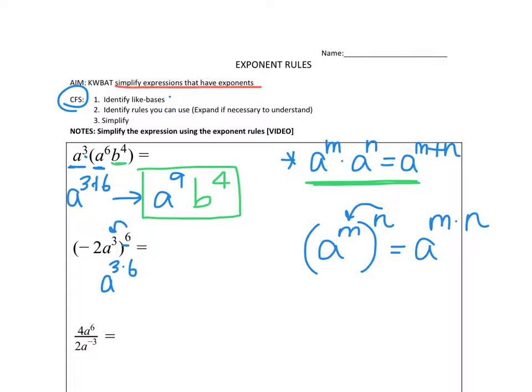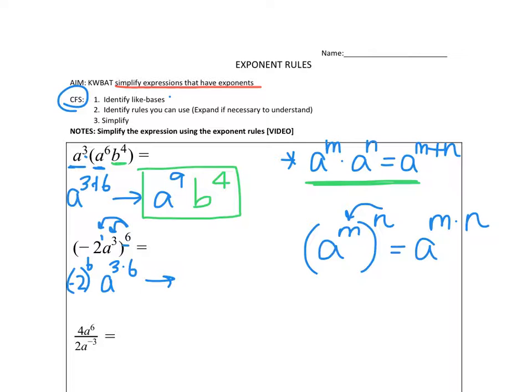And for our first one, -2 doesn't have an exponent, but if anything doesn't have an exponent, we could always add a number 1 as our exponent. So 6 times 1 means I have